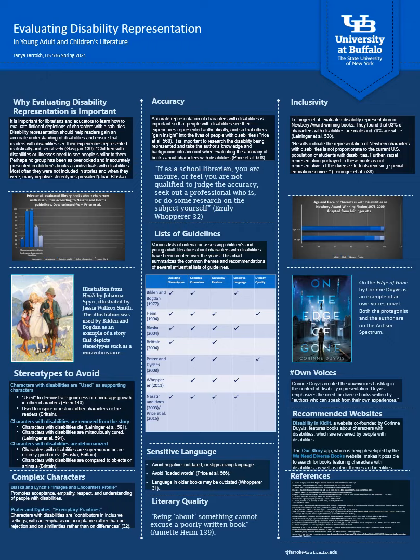So how can librarians find diverse books about characters with disabilities? The new Our Story app on the We Need Diverse Books website makes it possible to search for complex stories about characters with disabilities. Unlike many existing book lists that only include stories about characters with disabilities, Our Story makes it possible to search for books that include multiple themes at the same time.